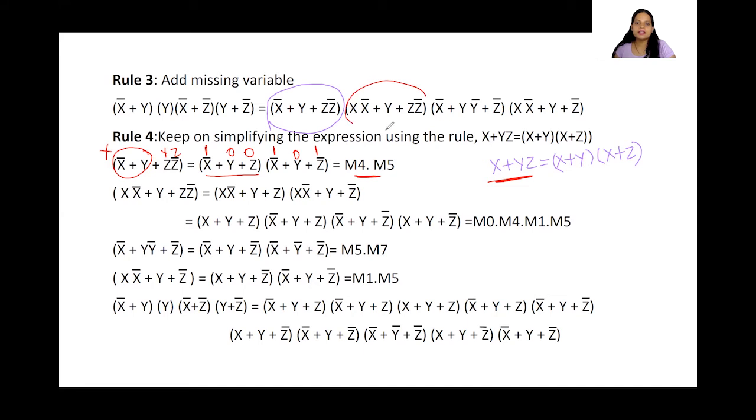Next, let's take this particular term, which is x bar plus y plus z bar. Now, how can we simplify this? The same method we are going to use here. First, we will take this as x and this as yz. We are multiplying this with z, and then we are multiplying this with z bar. Okay, so we got this. Now, what we can do is we are again taking this as x, and multiplying this with x and x bar. Similarly here we are doing it.